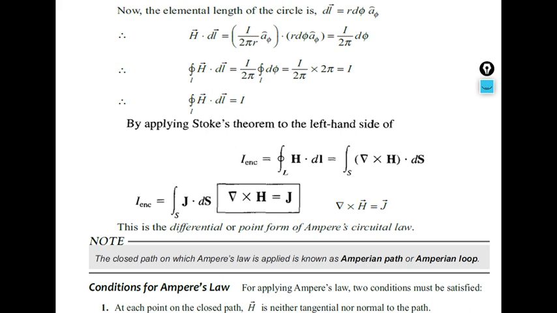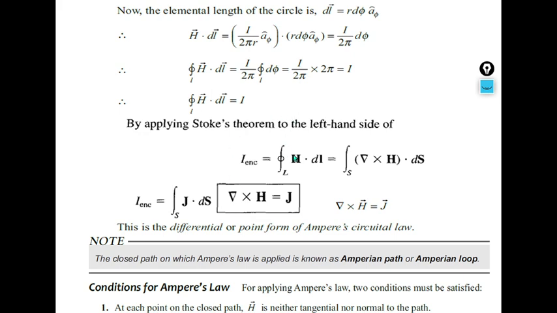Now if I apply here, we can apply Stokes theorem and convert the closed line integral to an open surface integral. Applying Stokes theorem, we get the open surface integral of curl of H ds. That means we are defining a circular movement of H, right? And we apply Ampere's law when we are taking a symmetrical distribution of flux, right?